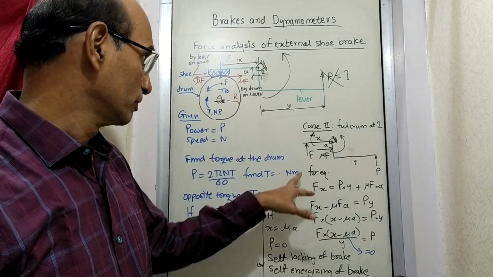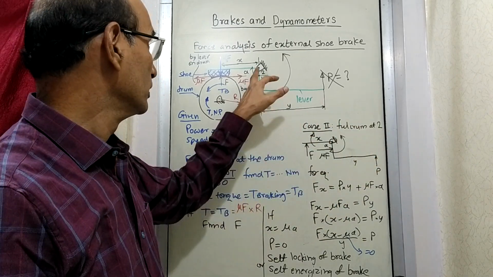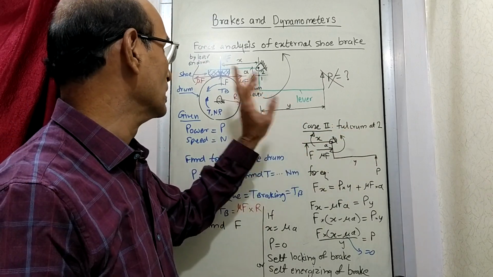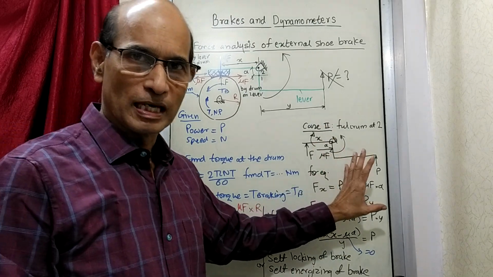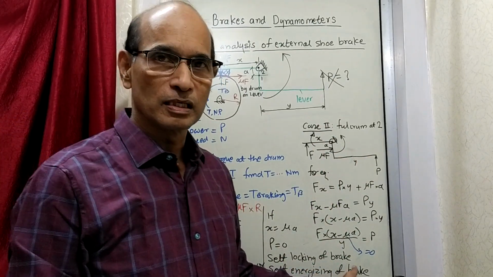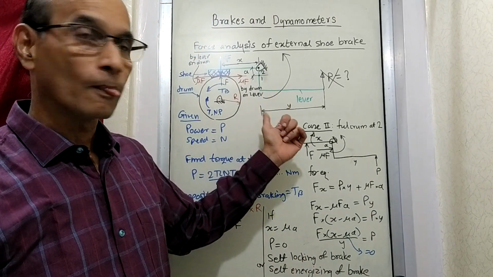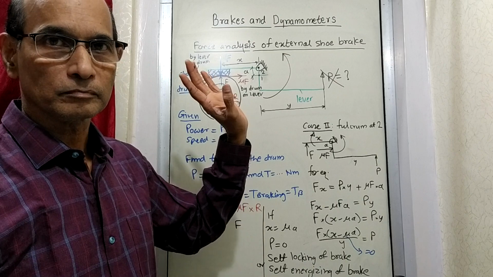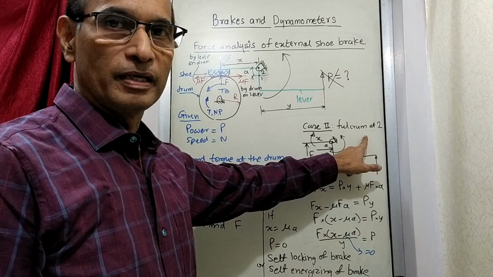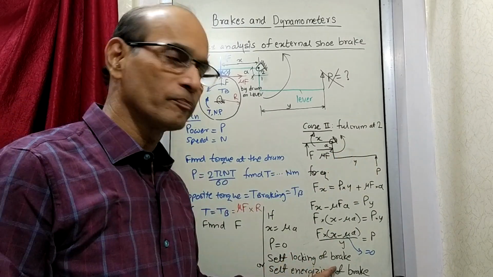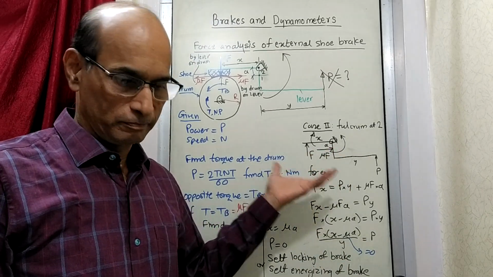We will see one application of this case number 2, and then we will go to case number 3. In case number 3, the lever point, the fulcrum point, will be somewhere else. Right now this second case is telling us a special situation where the brake gets locked on its own the moment you bring this in contact. Okay, so note this down, then we'll take up one example of this case 2. We'll take up an example of self-locking of a brake, how it is made use of as equipment. You can write down this.